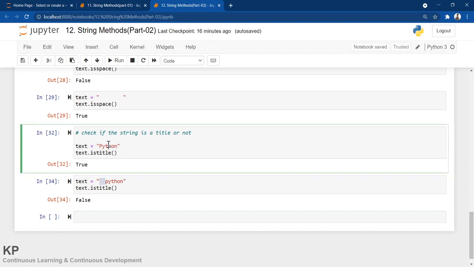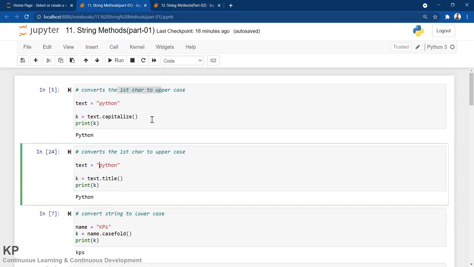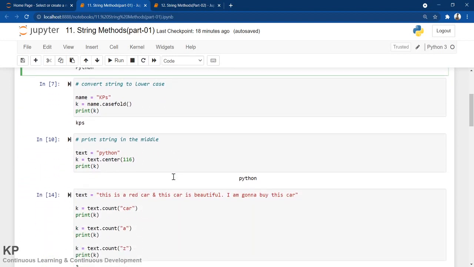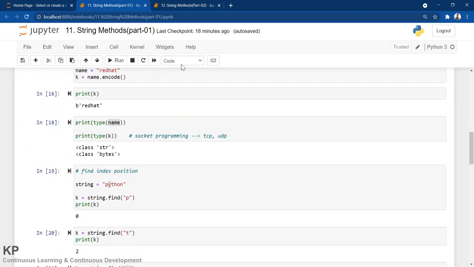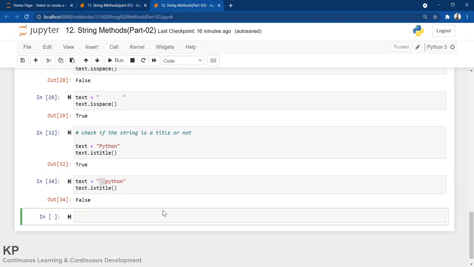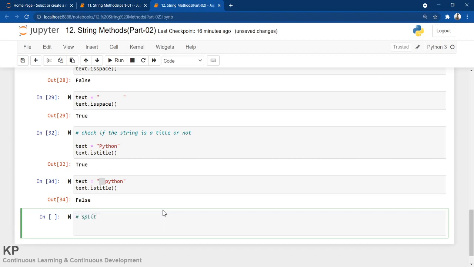Let me remember. I think there is the split function. Split we have discussed, I think. That is strip we have discussed. Okay, so there is also something called split. Let me just remember. I cannot remember. Okay, split. Let me try.